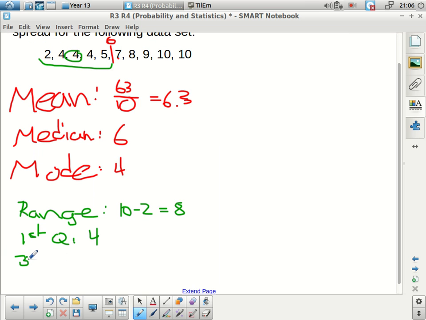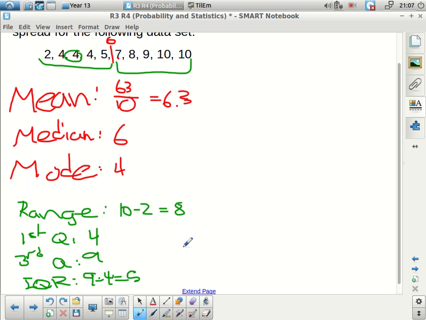And my third, or upper quartile, is found by doing the same thing on the other side, and that's 9. Finally the interquartile range, or IQR for short, is just the difference between those two numbers. So 9 take away 4